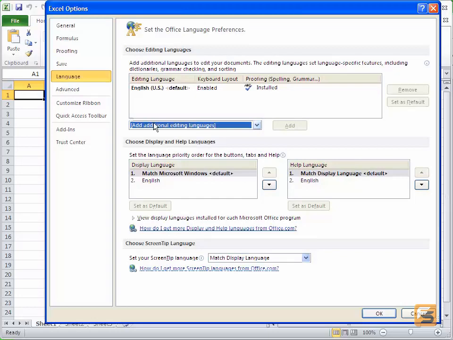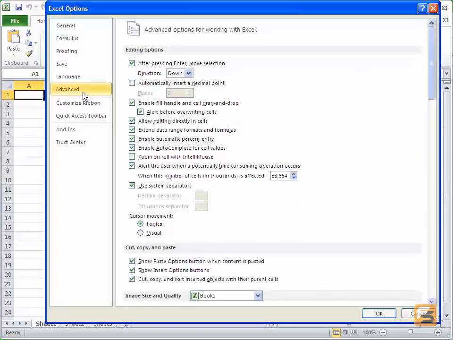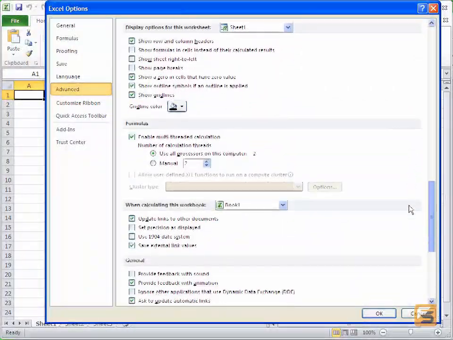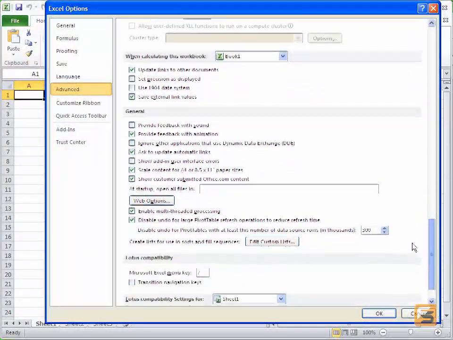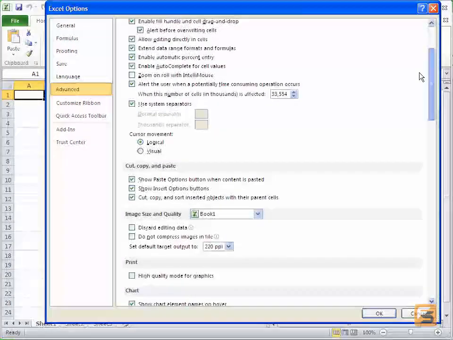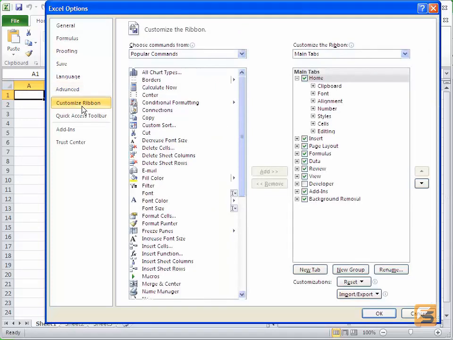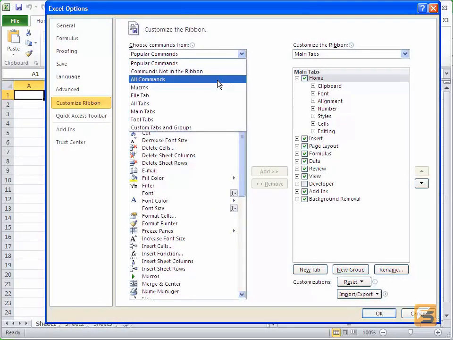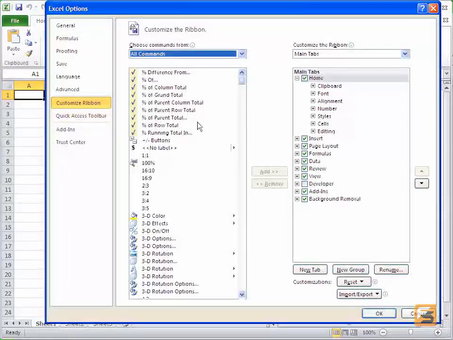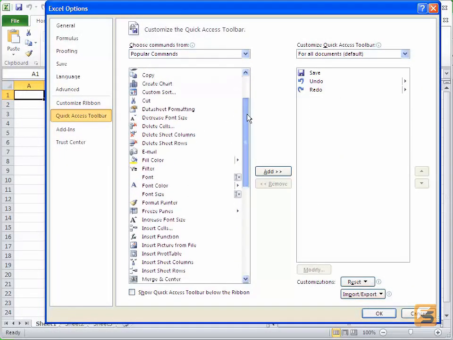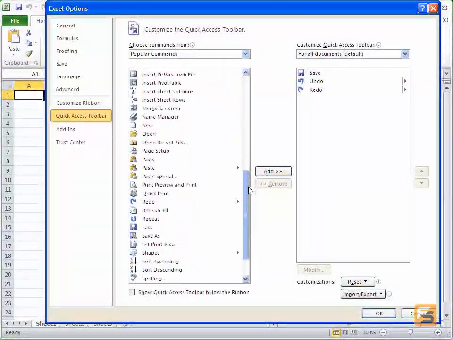The next one is the Advanced tab, which consists of a powerful feature. But be careful while making changes because if you say OK, it will affect the version of the software. Customize the Ribbon tab allows us to customize our ribbon in Excel according to our requirements. Quick Access Toolbar tab is where you can customize the toolbar by just selecting what we want and click on